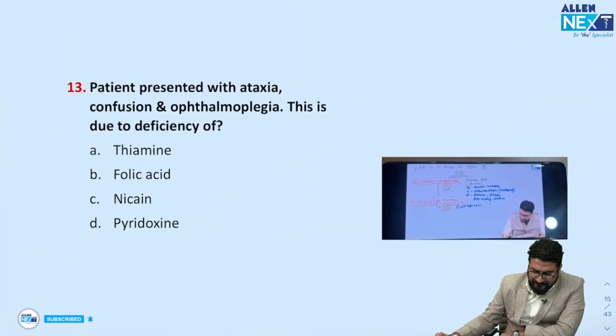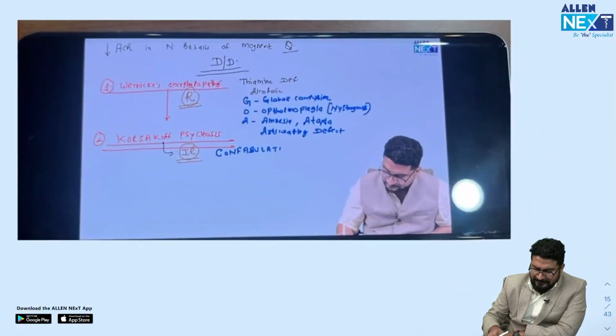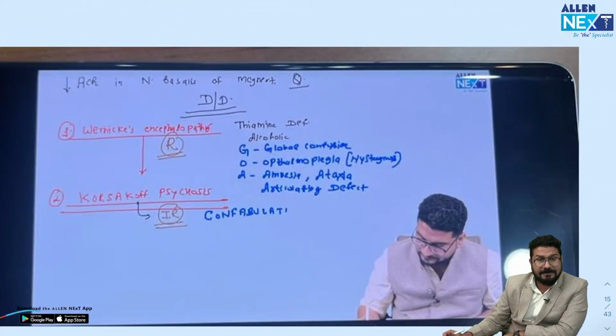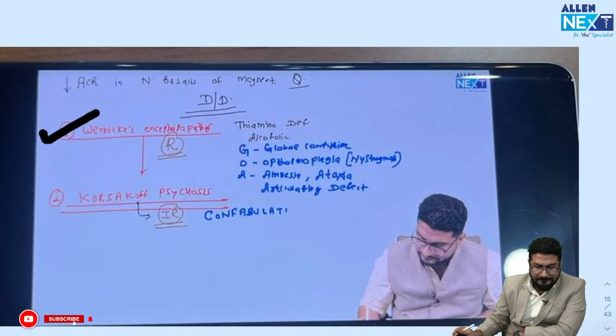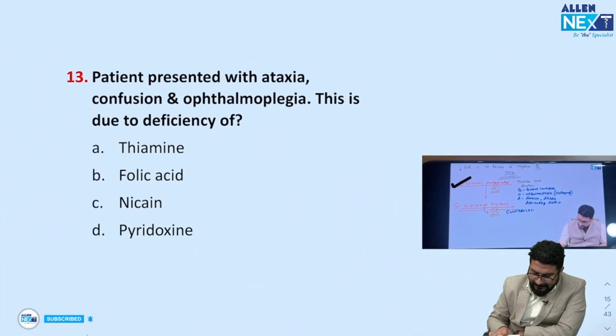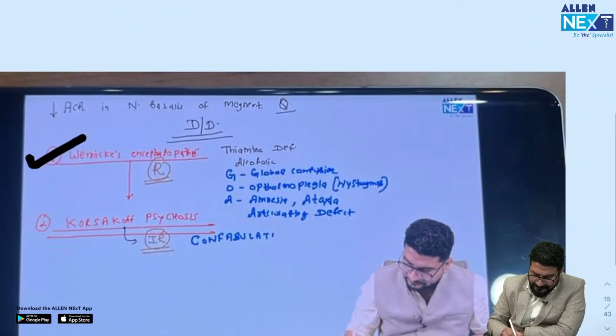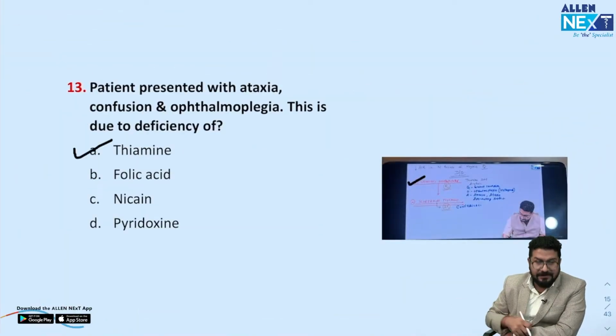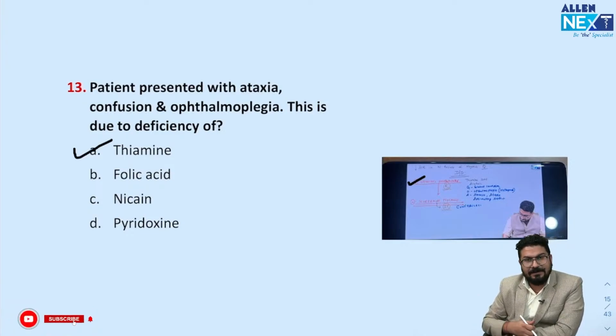Moving to next one, patient presents with ataxia, confusion, ophthalmoplegia. You can see a classical triad, GOA, that is global confusion, ophthalmoplegia and ataxia, seen in a patient of Wernicke's encephalopathy. So it's a case of Wernicke's encephalopathy, which is due to thiamine deficiency. Again, this is a straightforward question which came in the exam. So the paper is not that difficult, but you are thinking, don't worry,